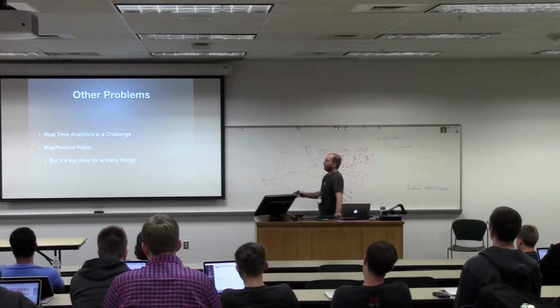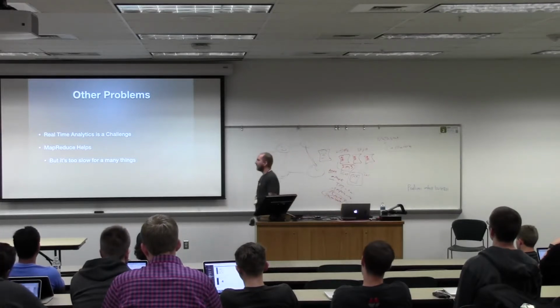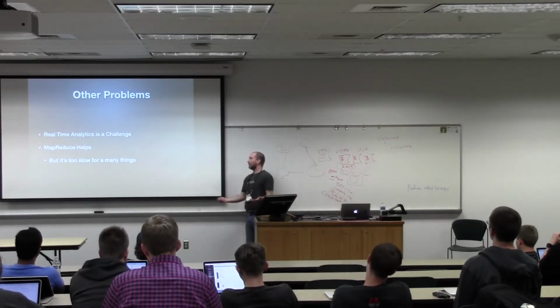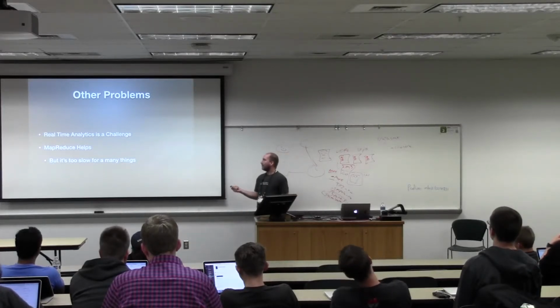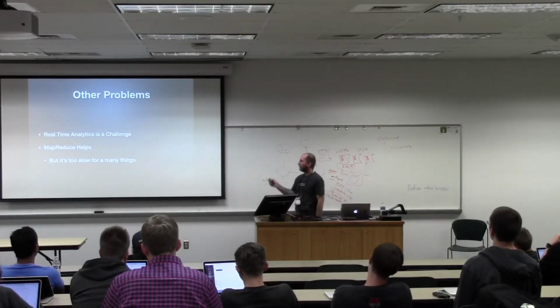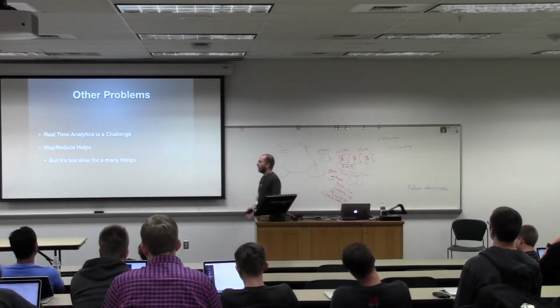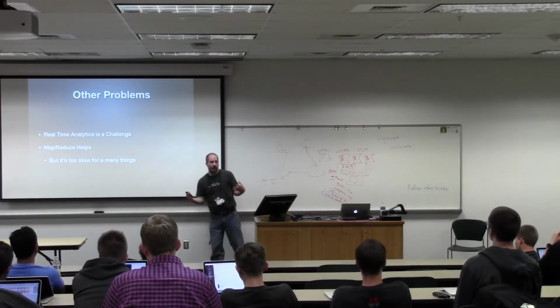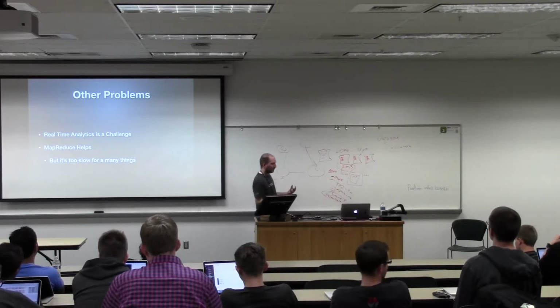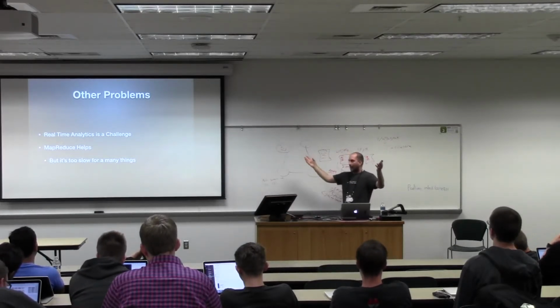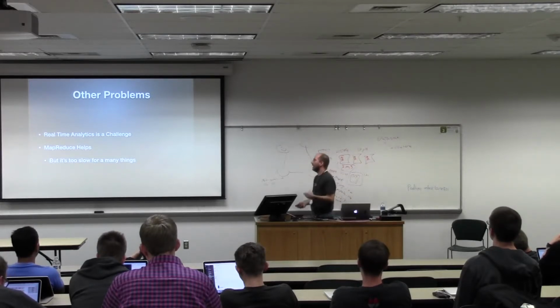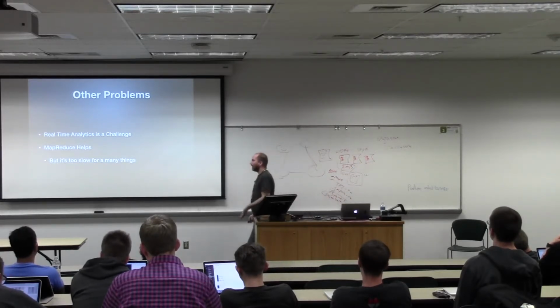So if we want to take all of that data and know, in the last 5 seconds, how many people opened up a refrigerator door in the world, well, as if that will help us answer any of the questions about life and the meaning of things. I don't know, but some people want that information. So MapReduce can help us for that, because we can run MapReduce jobs, have distributed map jobs, and then bring those reducers in and aggregate that data locally. But it's kind of slow, right?